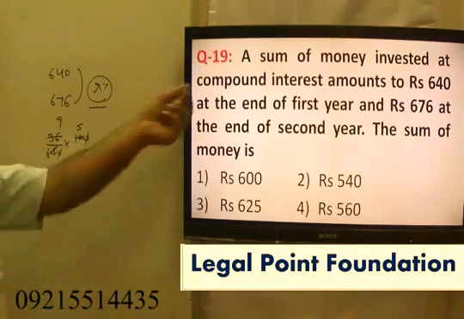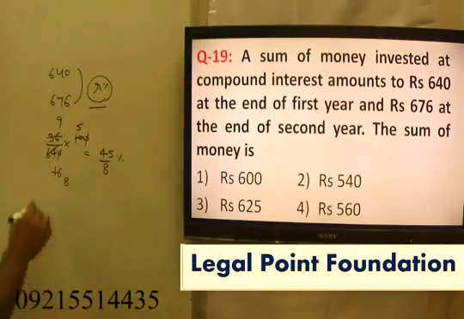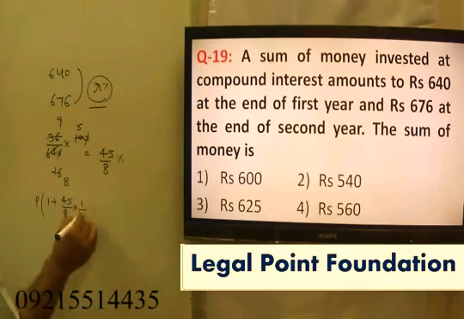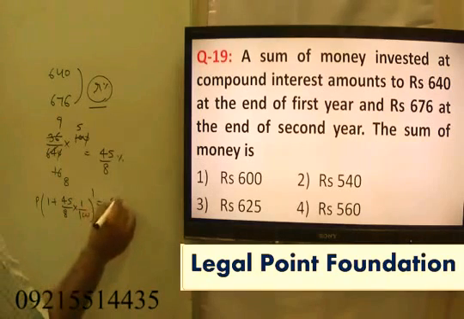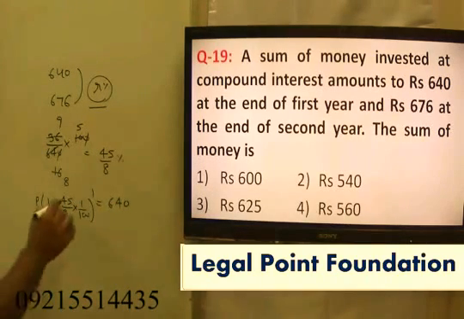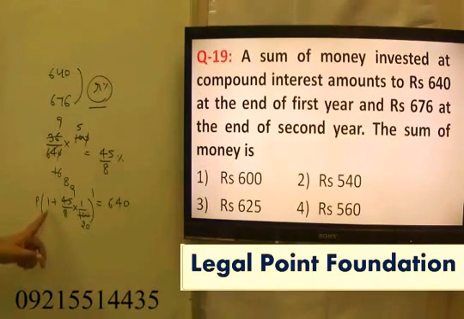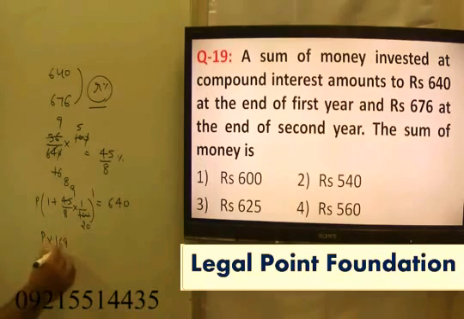Now what I can say, compound interest amounts to 640. Let us say the principal is P into 1 plus R upon 100 raised to power T, equal to 640. We have to find the value of P, solve it. 5 9 5 20. Make it as 20 into 8, 160, right? Now I can say 160 plus 9, 169. So I may say that principal into 169 upon 160 equals 640, right? Just solve it, you get your answer, but I hope there is some mistake in the problem.